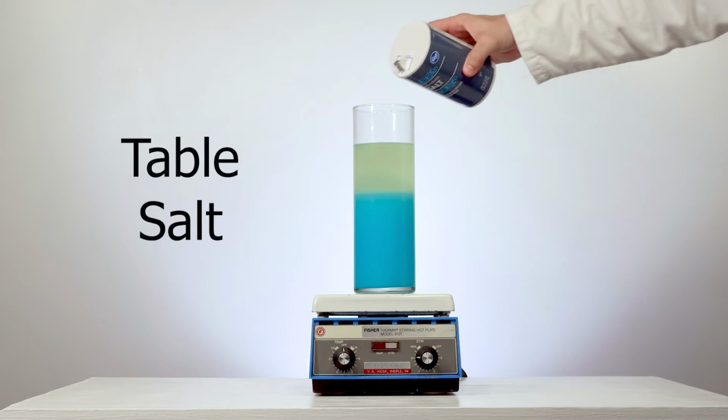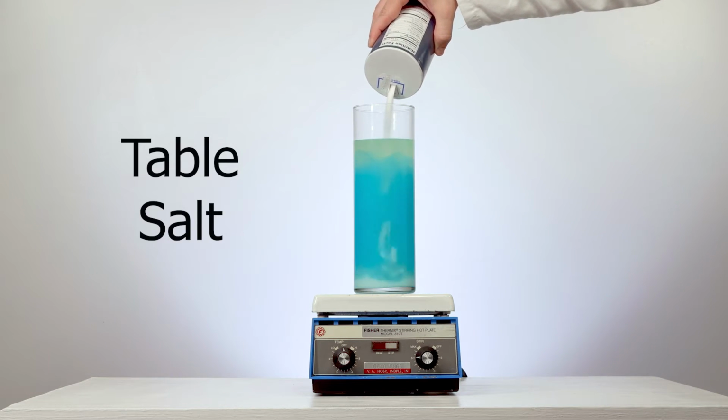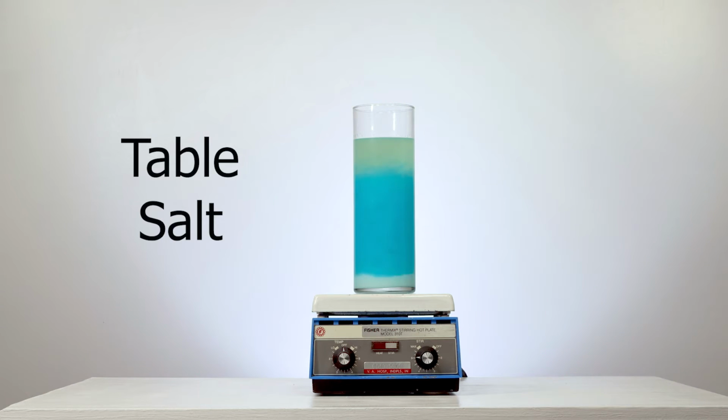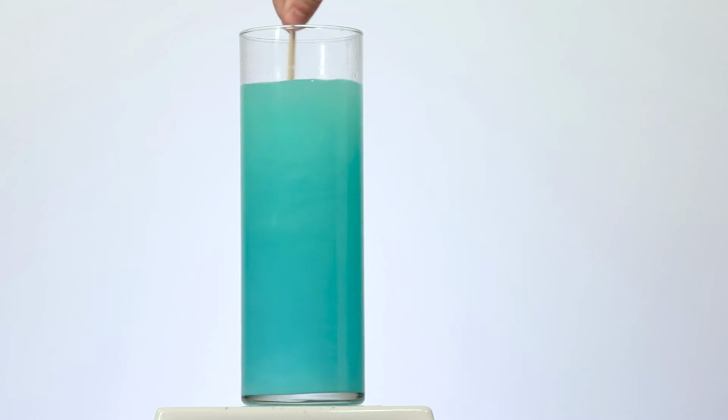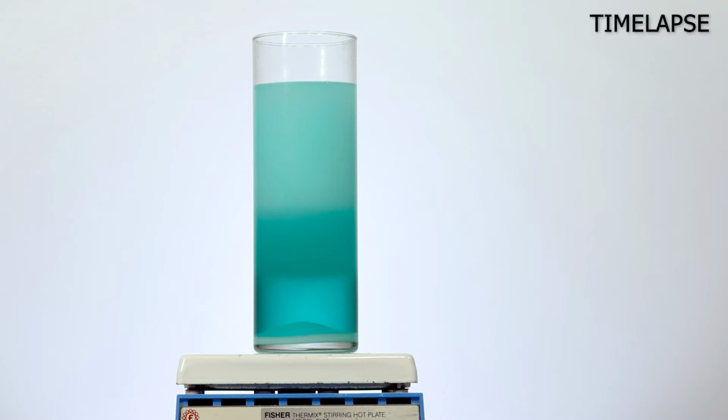Now it's time to add as much table salt as will dissolve. It's okay if you add more than that and you have some left over at the bottom. For the next step, it's important to really stir this well. If you have enough salt dissolved, what you'll notice is that instead of 2 layers, it's separating back out into